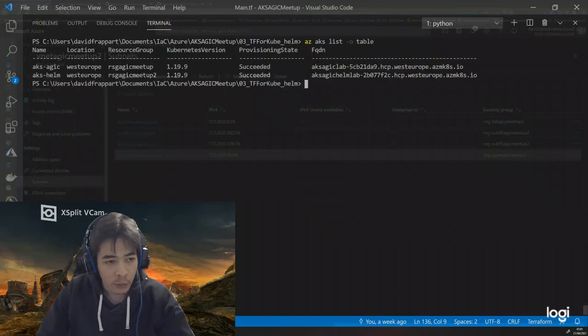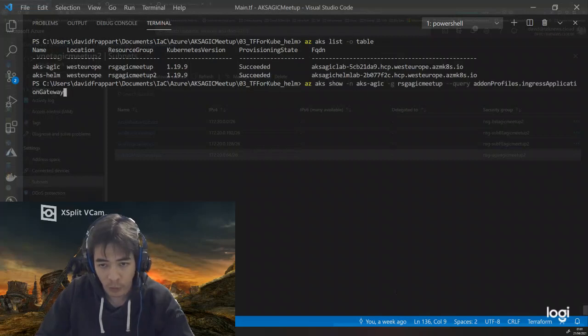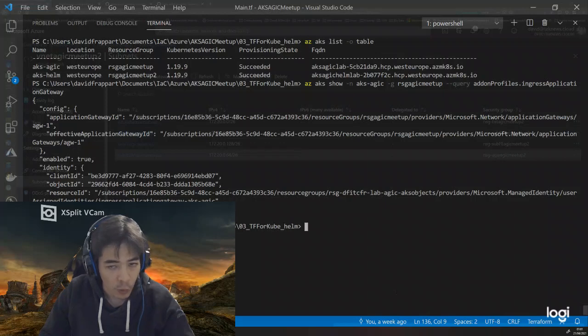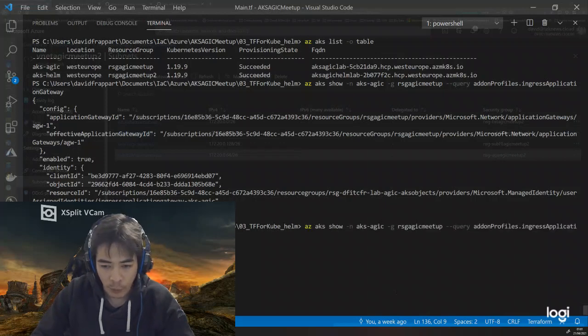And I have two Kubernetes clusters. Okay, perfect. If you remember also earlier, maybe I still have this command over there. If I did the show add-on profile, I had one add-on profile for the AKS AGIC cluster. What happens if I do that for the AKS with the Helm deployment?